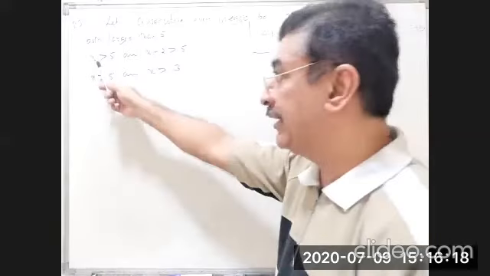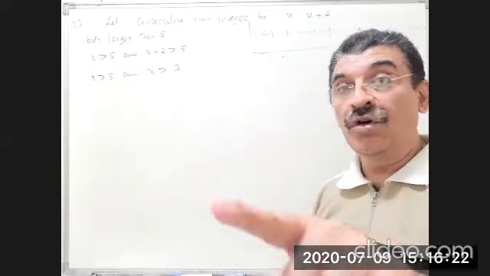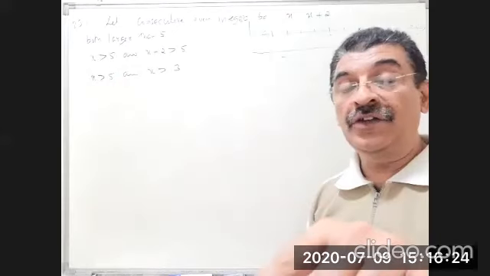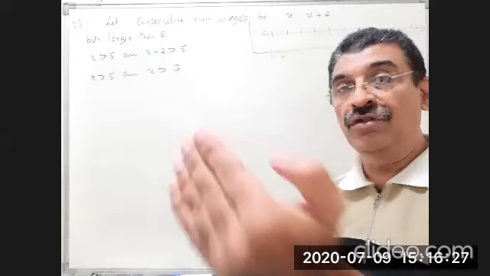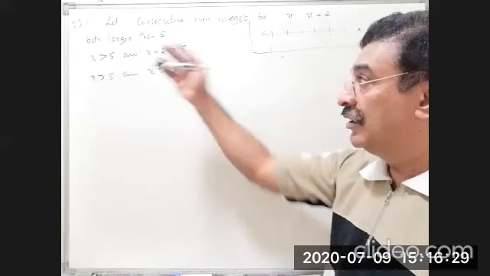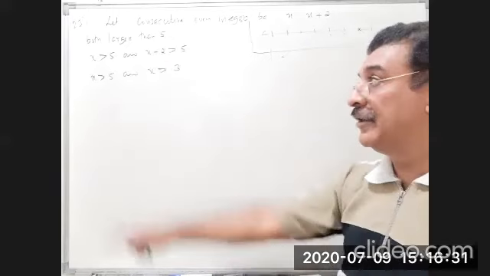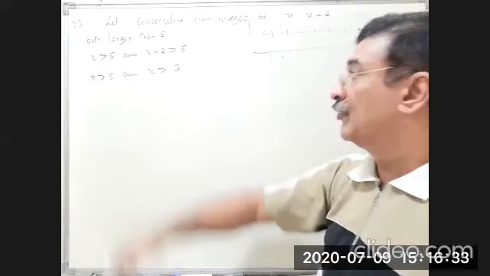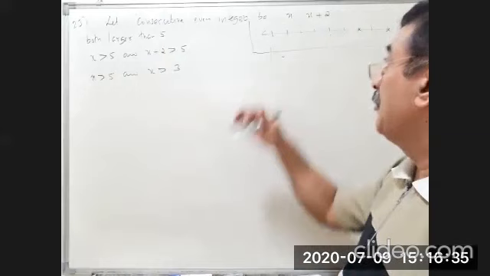That means both x and x plus 2 are bigger than 5. In the previous question, both were smaller than 10, so x and x plus 2 were both smaller than 10. Here, both are larger than 5. So x is larger than 5, and even x plus 2 is also larger than 5. These are our numbers, x and x plus 2. Now,